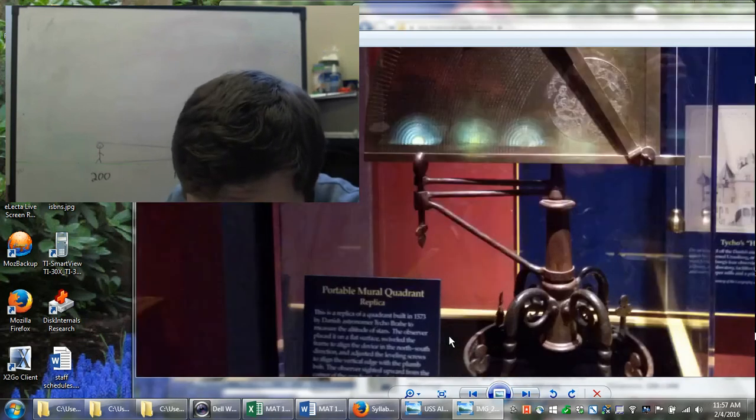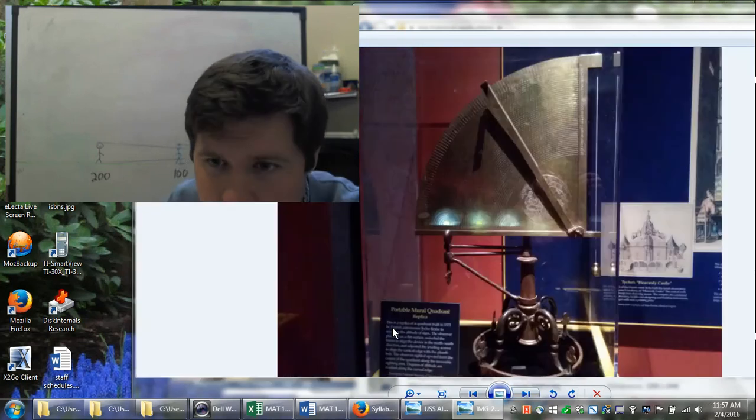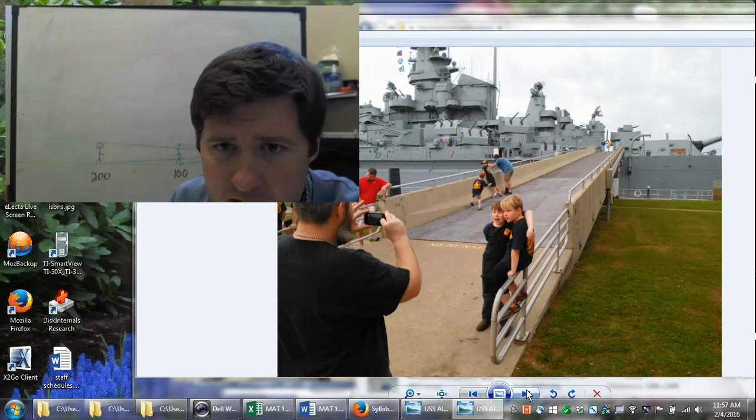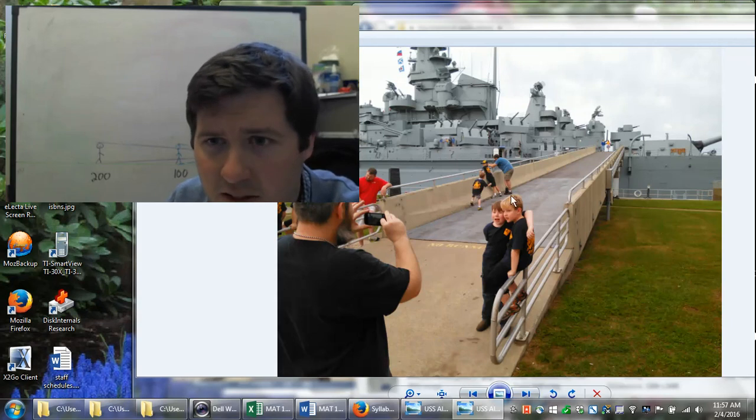13-inch? No, I think it's more than that. I think they're maybe 19-inch guns. And you see over here, and this was awesome because you can climb up inside this. Over here where these people are, there's a door you can climb up in there, and they've got this giant